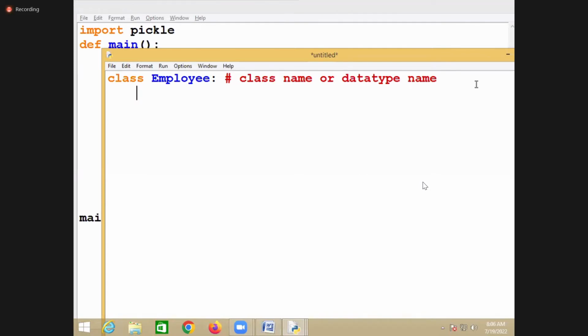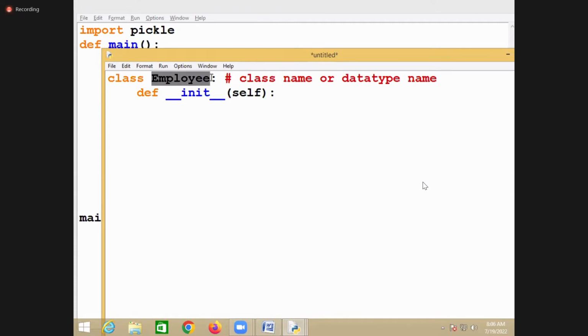Generally, you define properties by writing one special function inside a class. You learn all this in object oriented programming, but just try to understand how to build your own class.